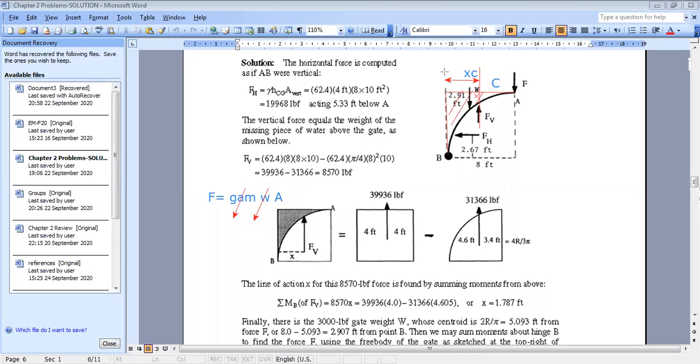If you want to find the centroid of an area, you can use the following formula. Here you are interested in this area, area 1. X of 1 times area of 1 is equal to, what should you do here? What is your area here? Look, this area is the square minus the quarter of circle. So from math, you can say that X1A1 is equal to X of the square times area of the square minus X2, which is for the quarter of circle,